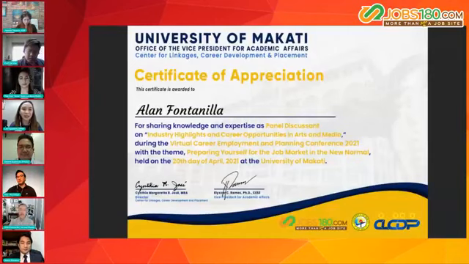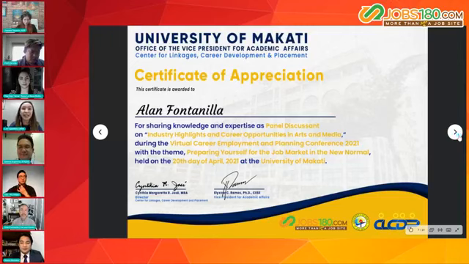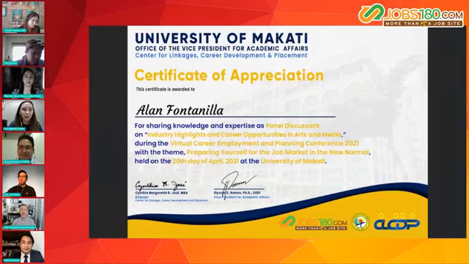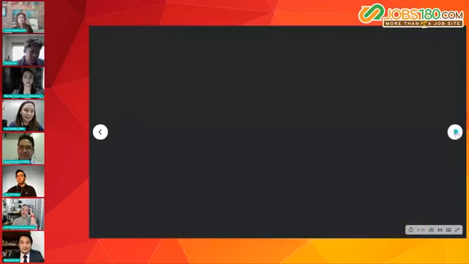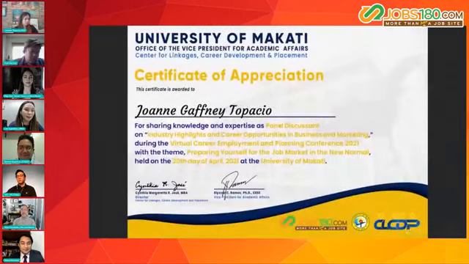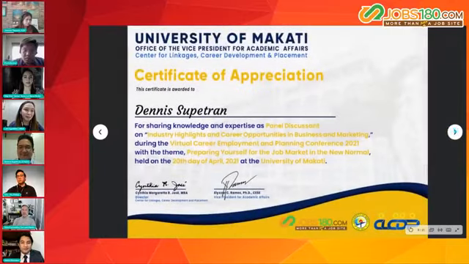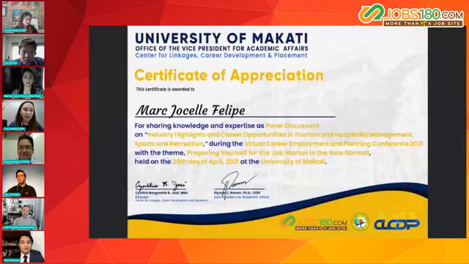So all of you will be receiving this certificate of appreciation coming from the University of Makati Office of the Vice President for Academic Affairs, Center for Linkages and Career and Development and Placement. Certificate is awarded to Mr. Alan Fontanilla, Ms. Joanne Gaffney Topacio, Mr. Dennis Petran, Mr. Mark Josel Felipe, Ms. May Ann Alegre Aure, Professor Ryan De Una, and Mr. Glenn R. Romano